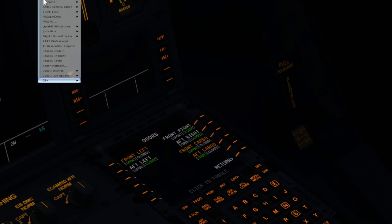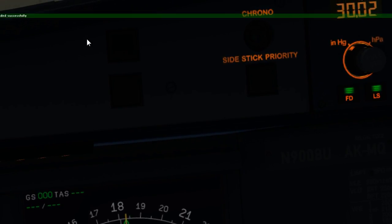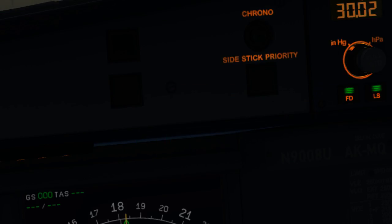Miami ground, tower, Skywest 5495, we cross runway 08 right, holding short, taxi west. Skywest 5495, Miami Tower, good evening. I didn't catch where you're...